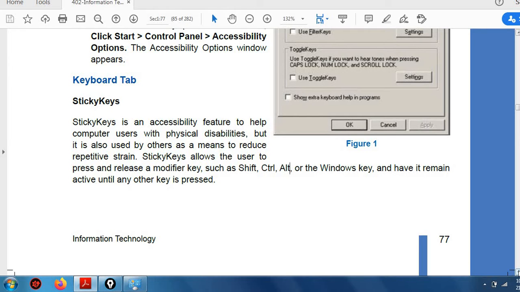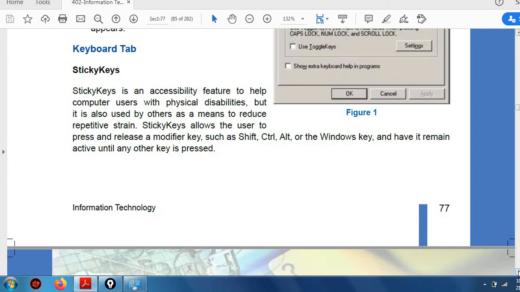So what we can do is sticky keys. Now I am telling you what sticky keys are. Sticky keys is the feature through which you can select the modifier key and the key to which you want to apply it separately. Let me tell you what exactly it is. I will show you. First let me open this.